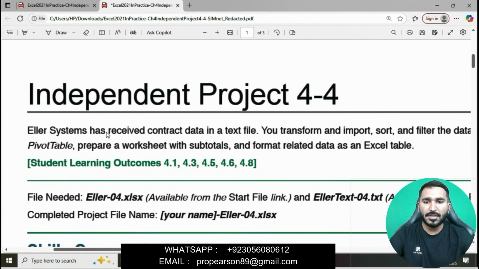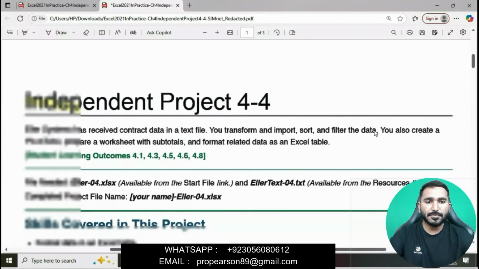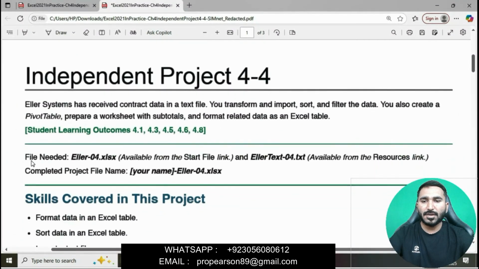Alert system has received contract data in a text file. You transform and import, sort and filter the data. You also create a pivot table. Prepare a worksheet with subtotals and format related data as an Excel table.